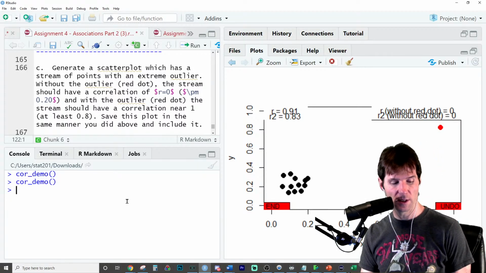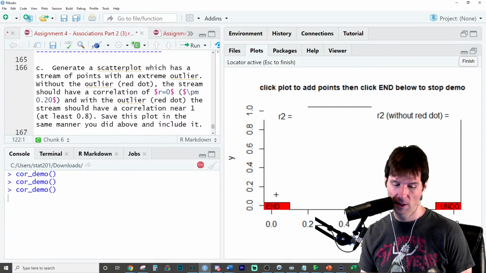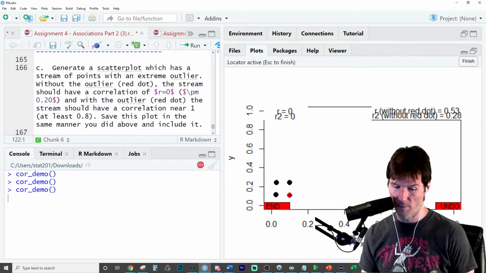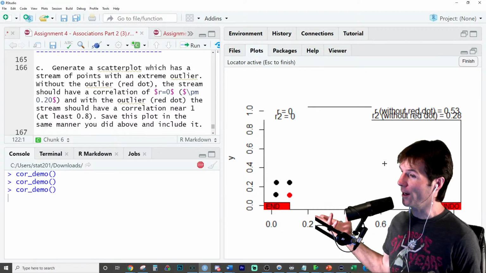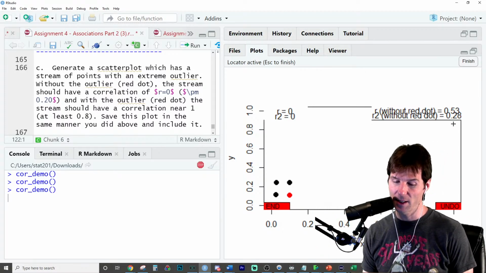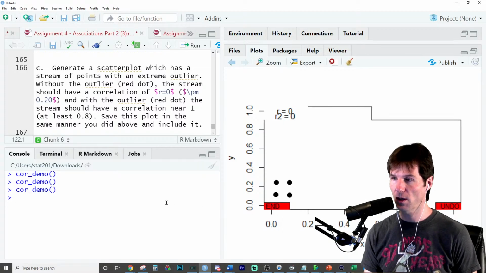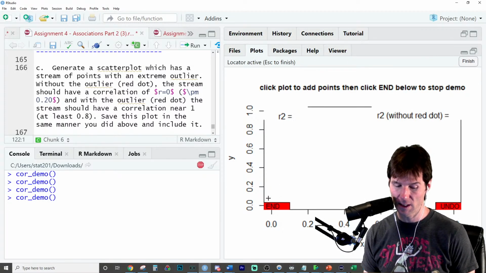Another way I like to do this one is if you actually make a box. I didn't do it via this methodology. If you make a perfect box, you get a correlation of 0. You have to make a perfect one, though. And then if you draw your box tight enough, you can actually get a correlation super close to 1. So if I do this methodology of solving this problem right here, and I make an even tighter one,